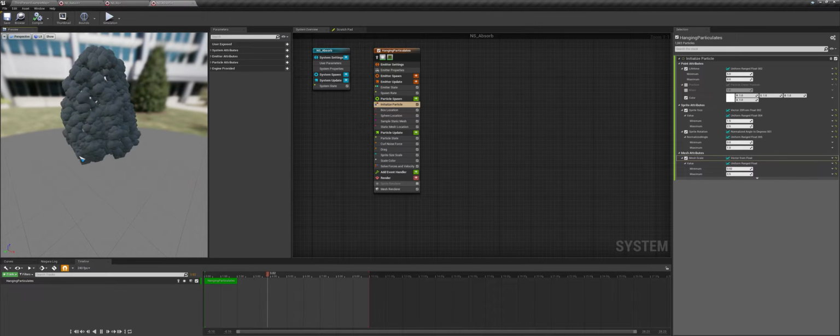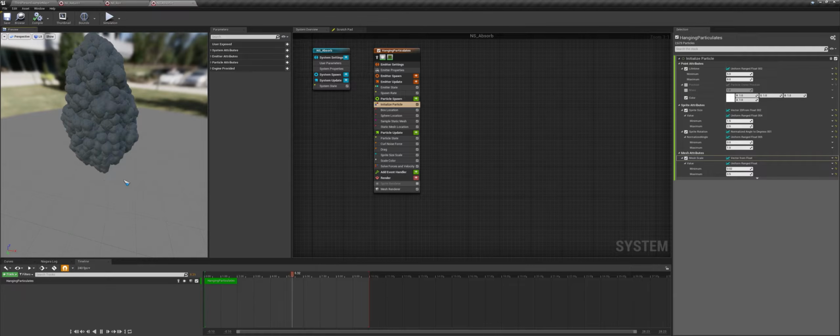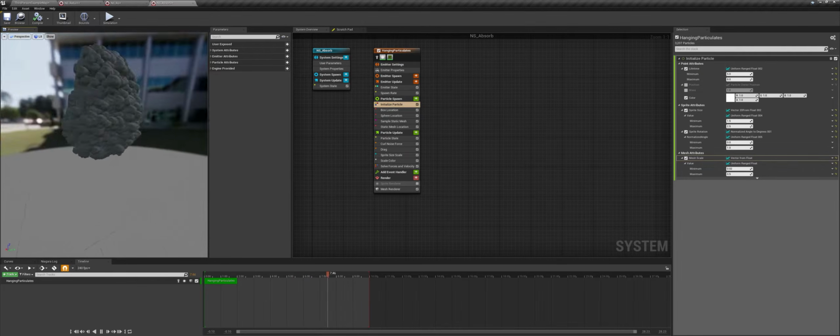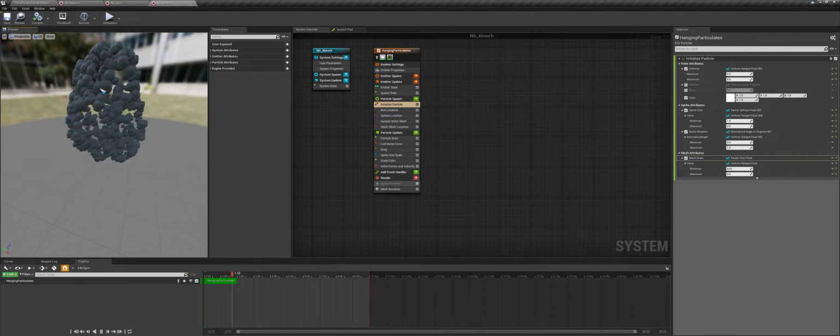So now in order to absorb this to our character, we need to add something called a point force attraction, and this happens during the update time of the emitter. So right now we have this simple static mesh at the spawn time. So at spawn it will be shaped into a rock-like thing like this, and at the update we are going to attract this particle to a location.